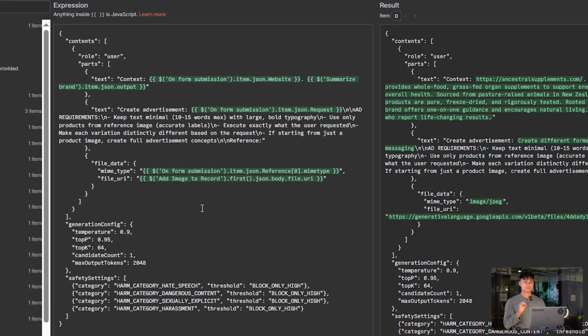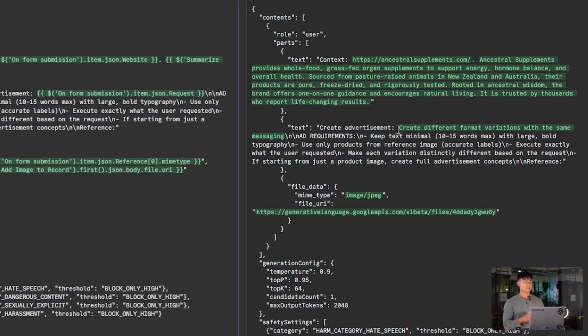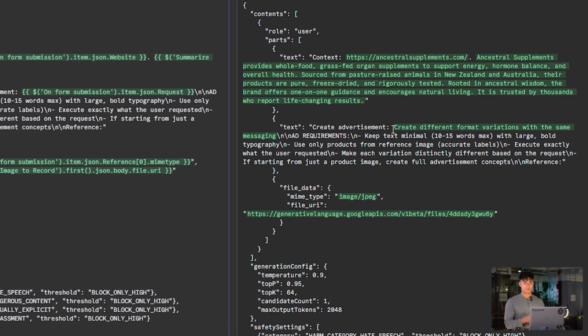There's a couple of syntax things that need to be there, like the safety settings, generation configuration, and then in contents, you need to put in role user. And then for the parts, that's where the actual prompt is. And here I'm putting in the site. I'm putting in the parsed brand insights from our first agent. And then I'm creating the directions. So create an advertisement. And then I'm pushing in the input that was put in the form for what the